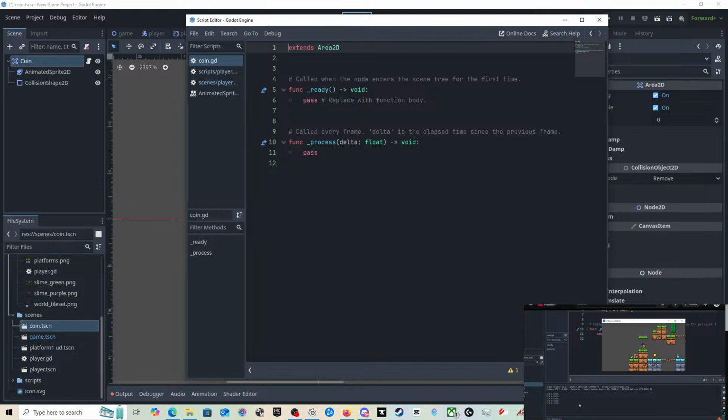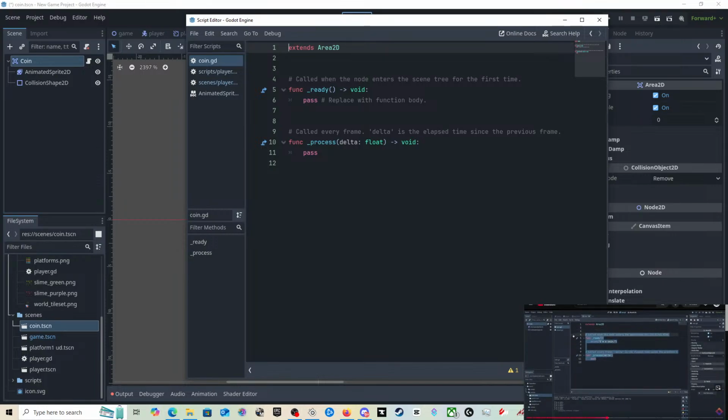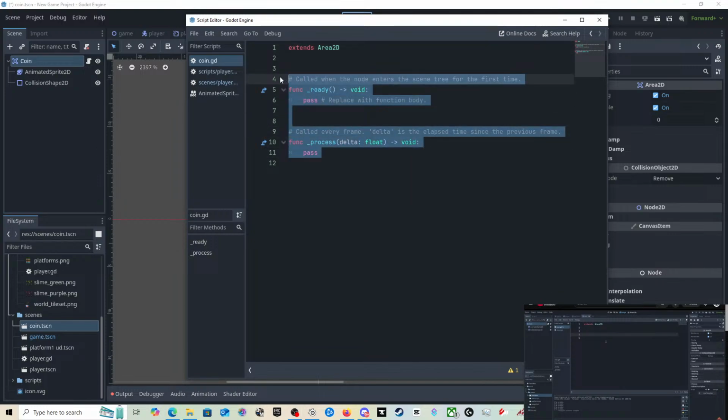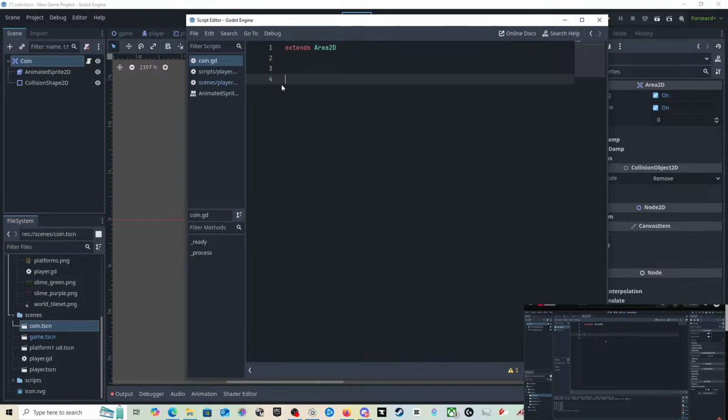However, you might also notice that the message displays multiple times. That's because we currently have multiple coins around our game, and the script runs for each and every one. So since we have 5 coins, it displays I'm a coin 5 times. Okay. But we don't want anything to happen when we start the game. So I'm actually just going to remove these 2 functions. Instead, we only want to do something once our player enters the coin area. And for this, we use a signal.